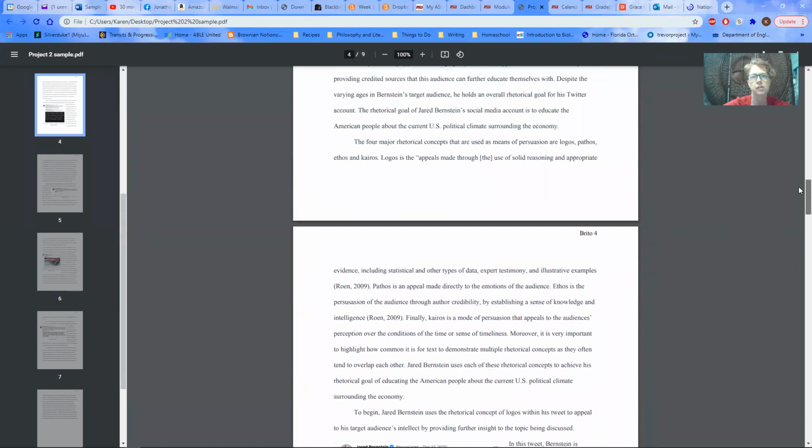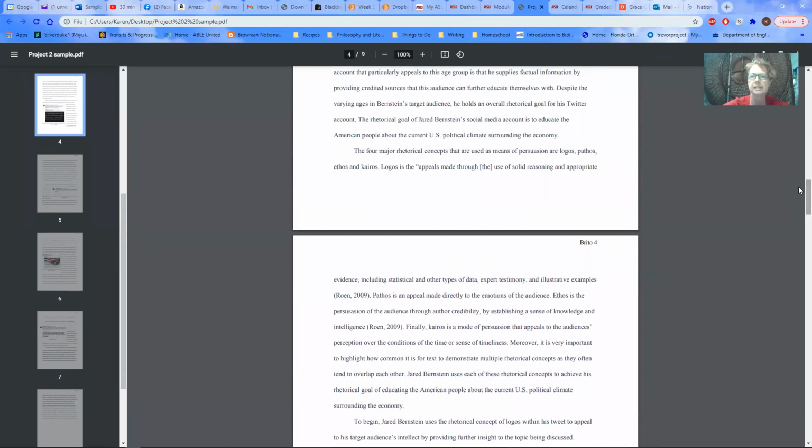She first introduces us, but then when she really gets into it down here at the bottom of page 3, she outlines the different types of rhetorical concepts, using a really nice sentence that sets us up for the 4 major rhetorical concepts. And so she mentions logos, pathos, ethos, and kairos